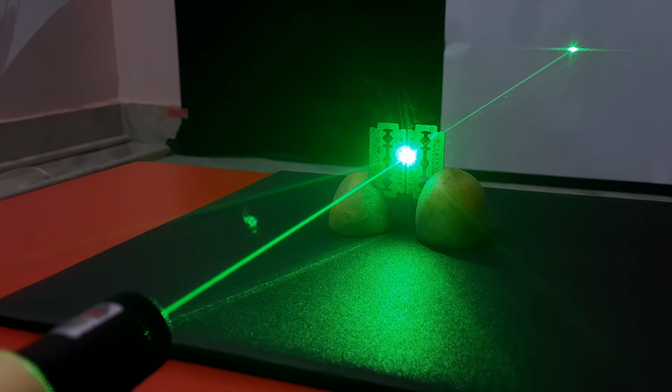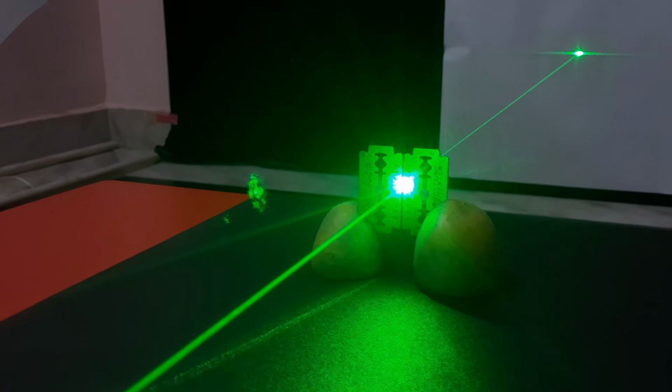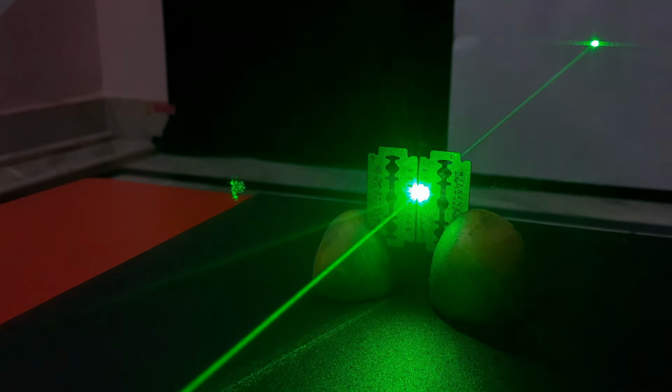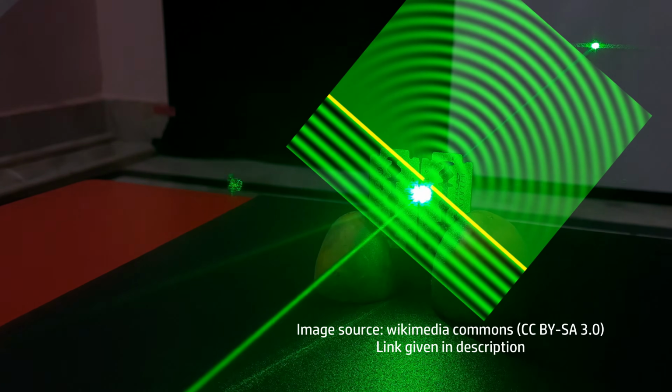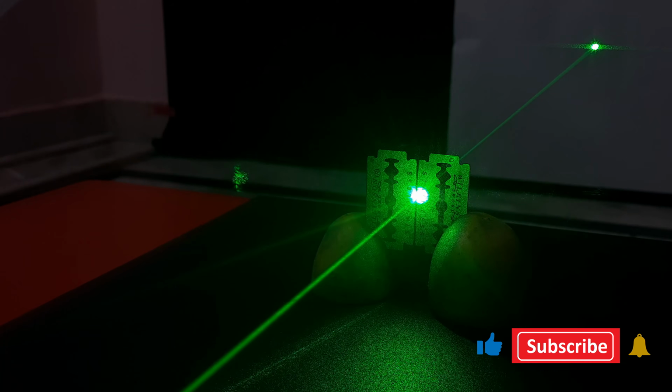The laser beam on arriving at the slit illuminates it uniformly. After crossing the slit, the light propagates in all directions. That is, the slit becomes the source of smaller light waves known as wavelets. These wavelets interfere constructively and destructively, producing bright and dark bands on the screen.